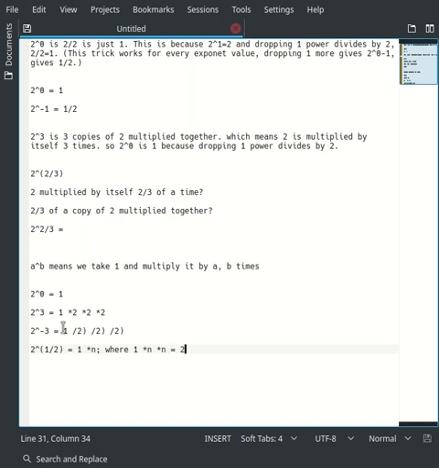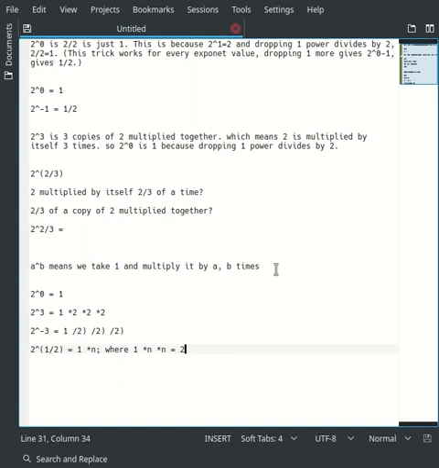Okay, so what I did here is I multiplied by 2 1/2 of a time. I found a way to express that like this. Okay, so my explanation handles 0 exponents, positive exponents, negative exponents, and fractional exponents completely